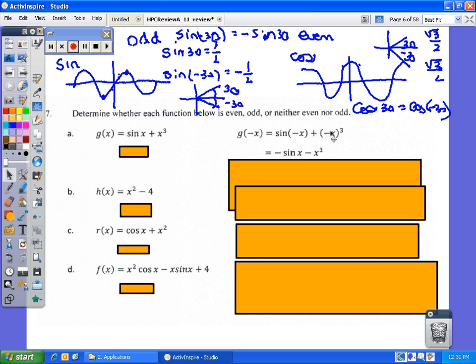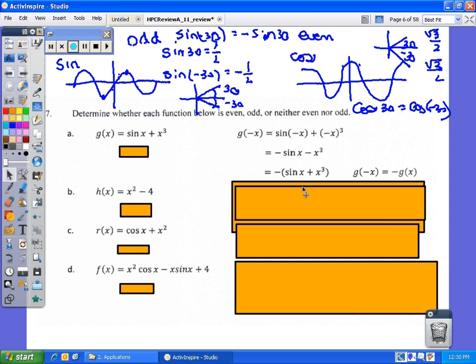And I know when I cube a negative, I get a negative. Well, where is that going to lead me? Well, obviously, this is not the same as this. So I'm going to simplify. As a matter of fact, these signs are completely the opposite. And I can even re-express that as the negative of the sine of x plus x cubed, which means that